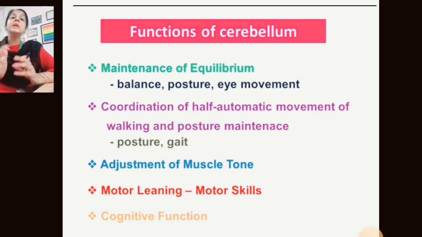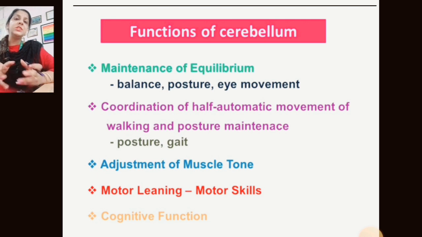The next one is adjustment of muscle tone, which is a very important topic. In every muscle of the motor component we have a muscle tone. Resting muscle tone may be there, and postural tone may be there. Muscle tone is basically the resistance felt by the therapist during passive range of motion. If the tone is there, the patient can do the accurate movement. If the tone is not there, it is known as atonia or hypotonia,